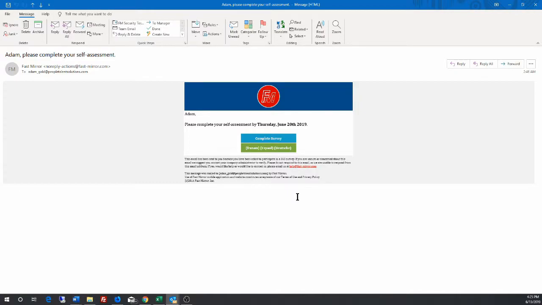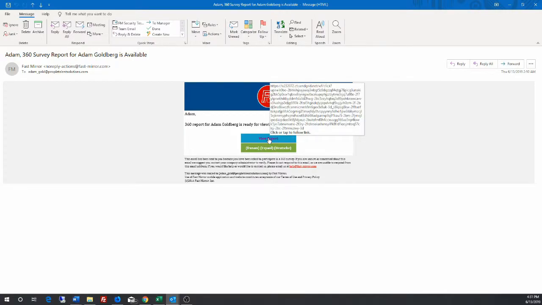You will also receive a similar email to complete a self-assessment. The self-assessment is the same survey your raters receive, except you will be asked to complete this survey about how you view yourself relative to the questions being asked. Once enough raters have completed the survey and you have completed your self-assessment, you will receive an email notifying you that your report is available. The email will look like this, and you can click the button here that says View Report to get access